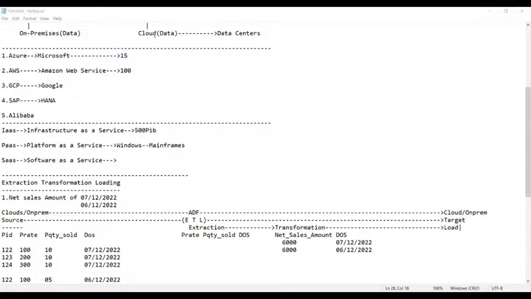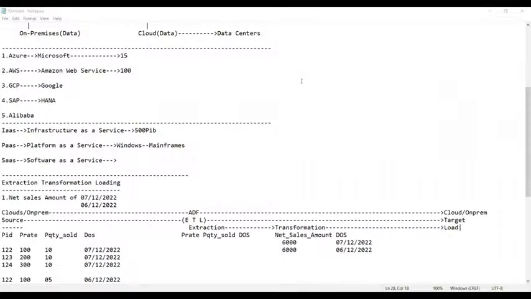Sir, with 3 years experience, how much package can I get? If I put 3 years experience in Azure, how much package can I get? See, you can put only 3 years experience, not more than that, because prior to 2018 you can't even put it, as you don't have that particular version. So you can put a maximum of 2.5 to 3 years only. Now I think around 4 years you can put maximum.